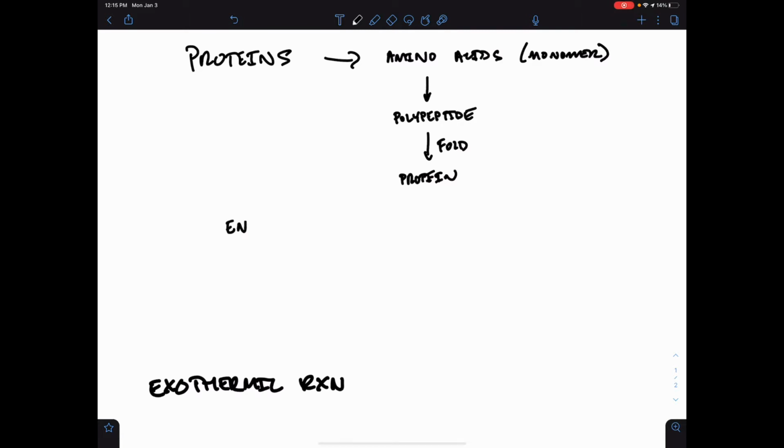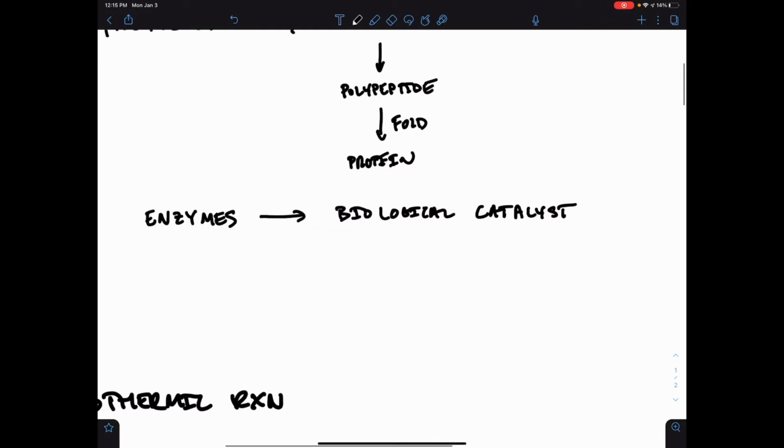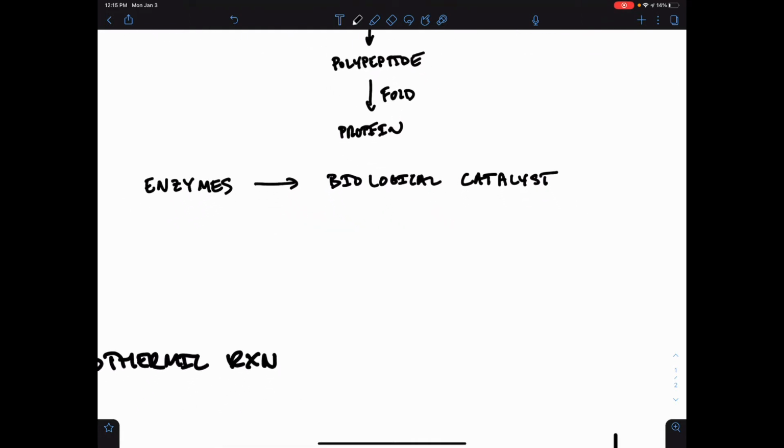So a big class of proteins are enzymes. And an enzyme is a biological catalyst. What that means is that a biological catalyst is going to be an organic catalyst, so it has a backbone of carbon. And a catalyst is something that speeds up the rate of a reaction